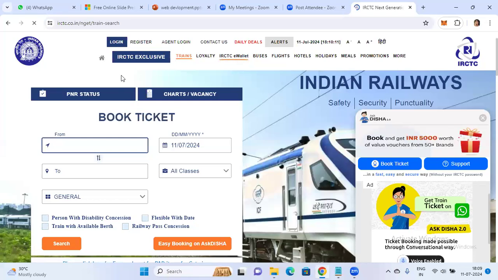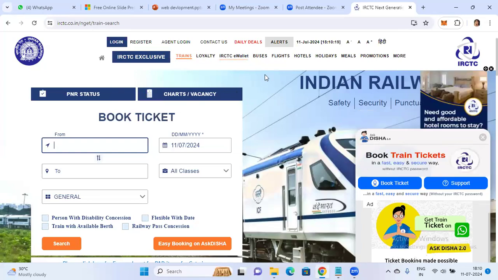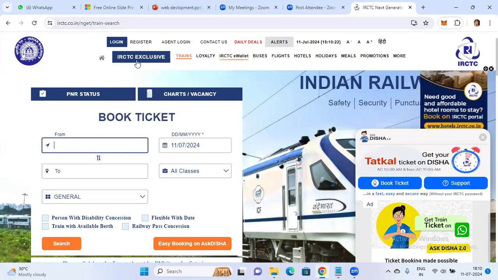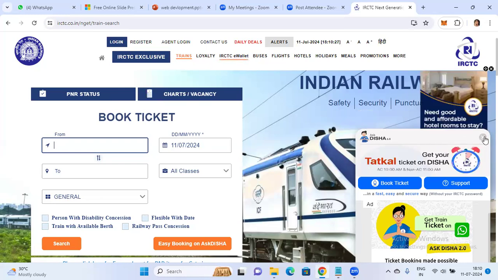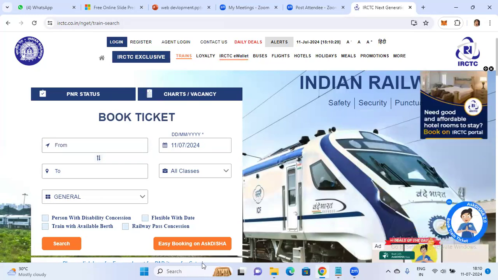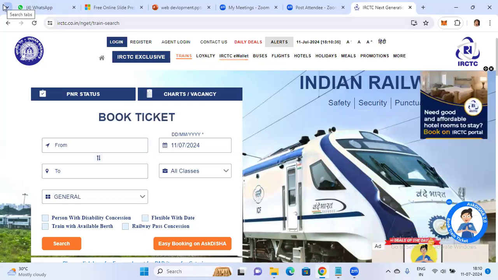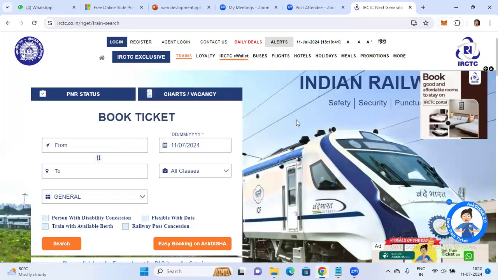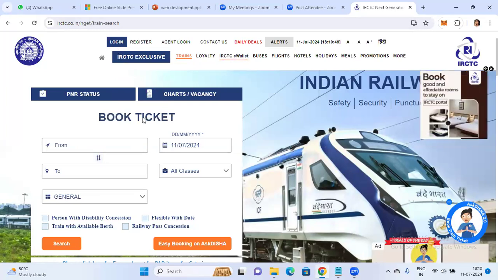So why I'm telling a static web page for this IRCTC, because whatever changes you want to make here in the IRCTC will be interconnected with all the layers. It is not possible for you to change anything in the IRCTC portal, because Indian portals are developed in such a way that you can't regularly change the pattern, or regularly upload pictures. It is not possible because all the layers are interconnected.